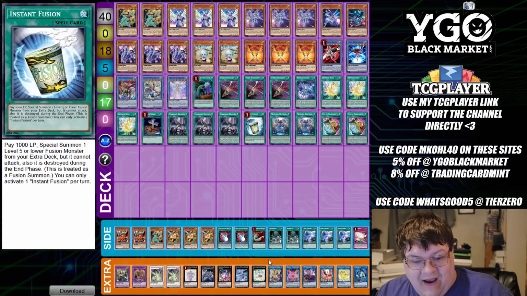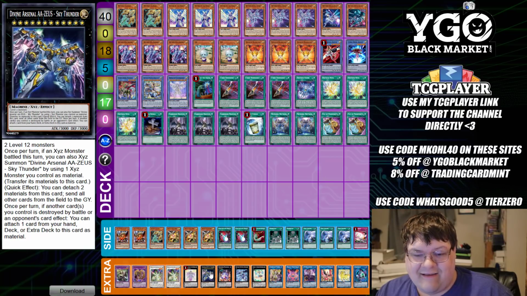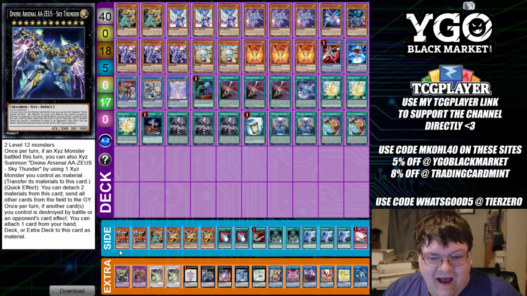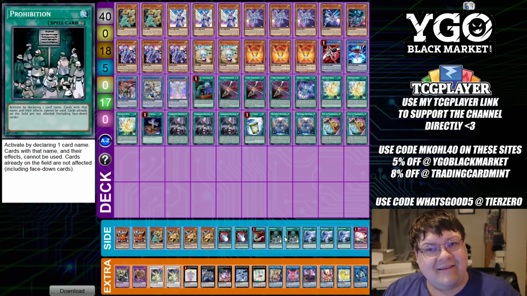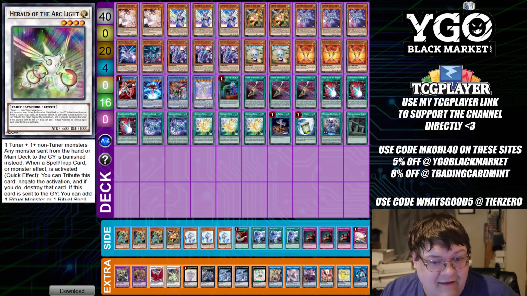Alright, outside of that, we're still doing the 1-1 split here. Yes. Who doesn't love being able to Zeus your opponent? Man, good times. Outside of that, ooh, actually, this is kind of cool. I see we're playing Prohibition here. Okay, alright, I like what I see here. Alright, and then the last list we actually have for you guys here is...